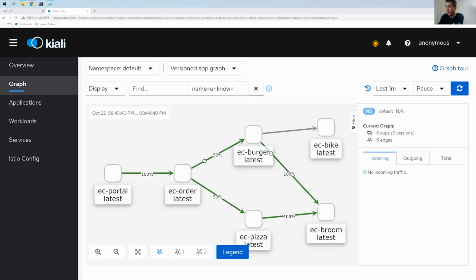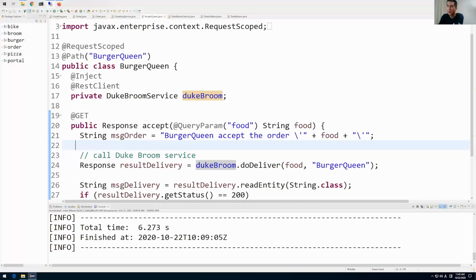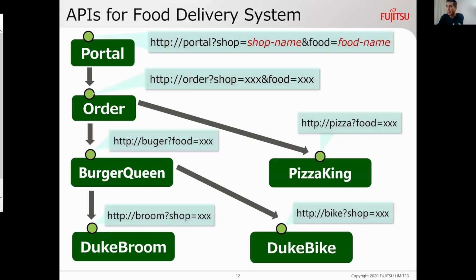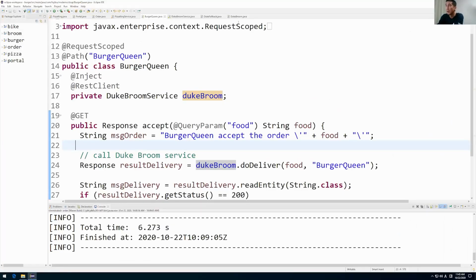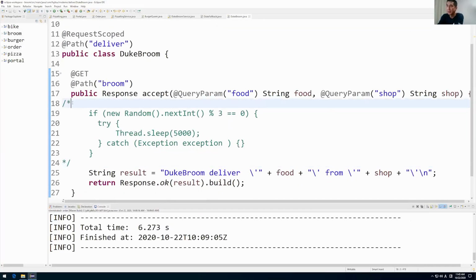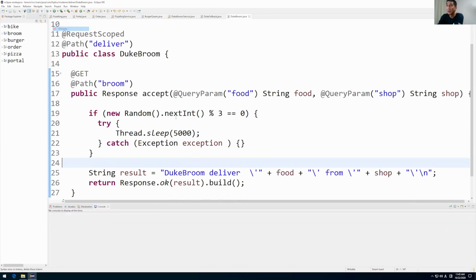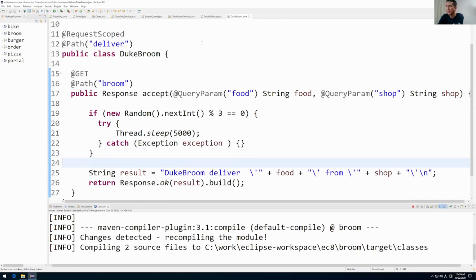Okay, next, I put some bug intentionally here. I put some bug in the Broomstick program, like this. So every 3 times, randomly, it sleeps 5 seconds.